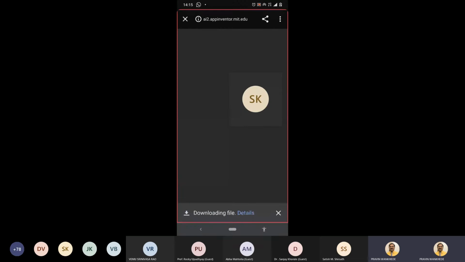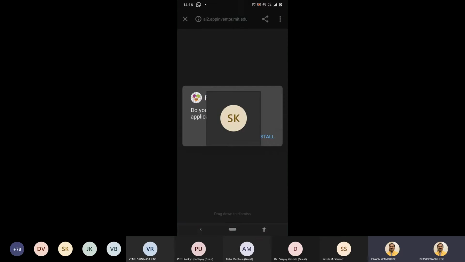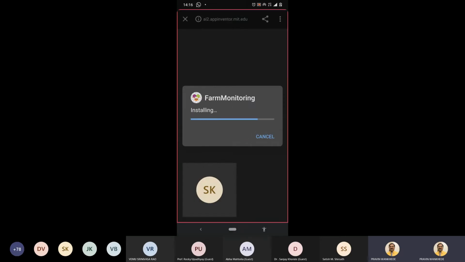I will click OK. Download it. Now let me open it. Let me install it. Okay, it will ask to give the permission to install this type of apps. Now I will open it.